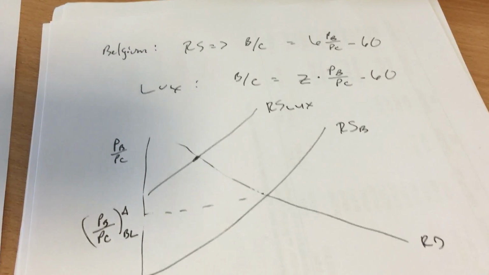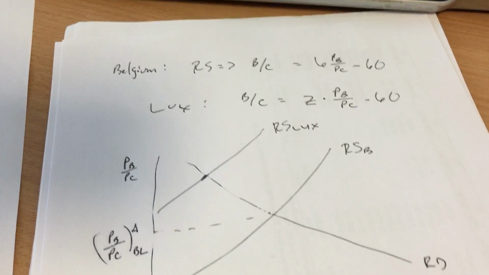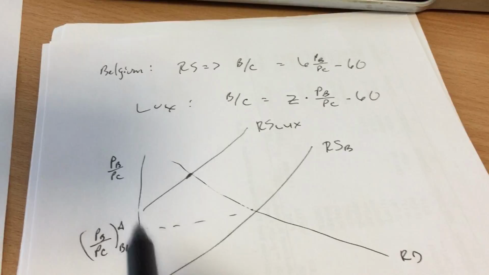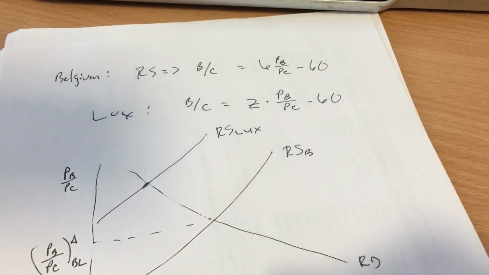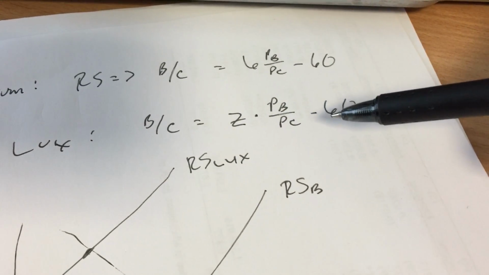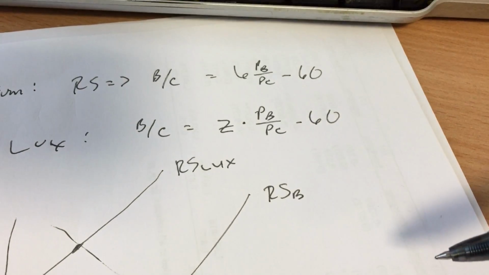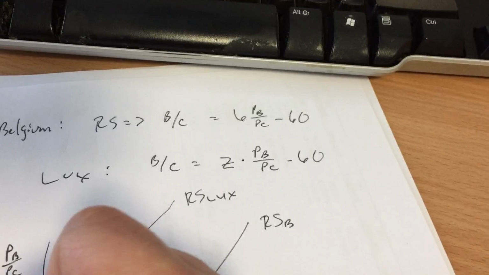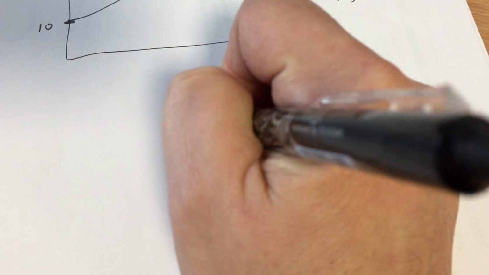So what does that mean? Well, it means that for them to produce 0 beer, that relative price is going to have to be even higher. So what that tells us is this thing's going to have to be higher. So what do we got here? If this was, say, 5, well then at a price of 12, that's where they would produce beer. So that would work. And so what we know is that Z has to be